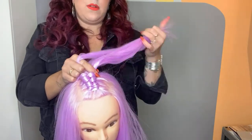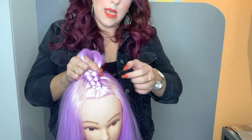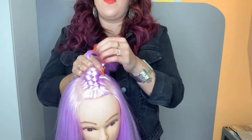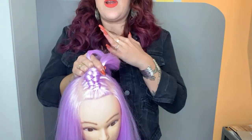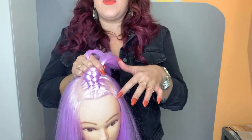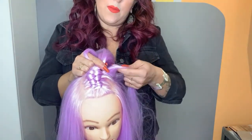Sorry, her hair is a little crazy. Okay, you guys getting this? And that's why it's really important, because if you don't do it this way, you'll start to see that your loops are starting to separate. They're really far apart. You're not getting that really tight tension that you're looking for. So it's really important,